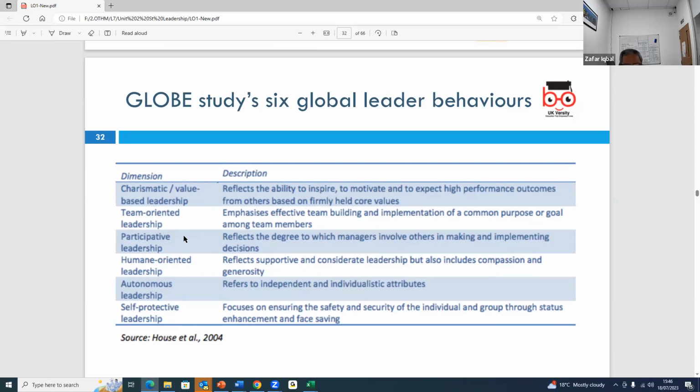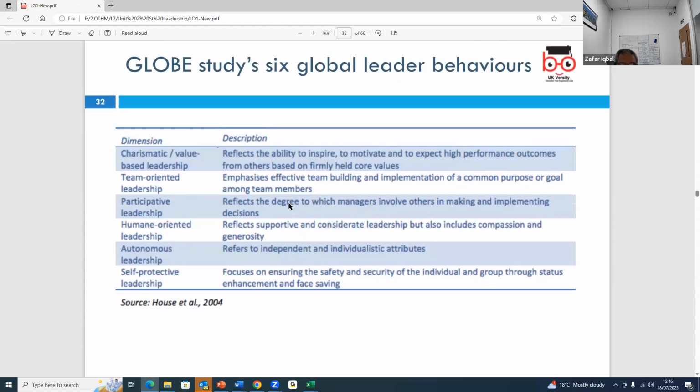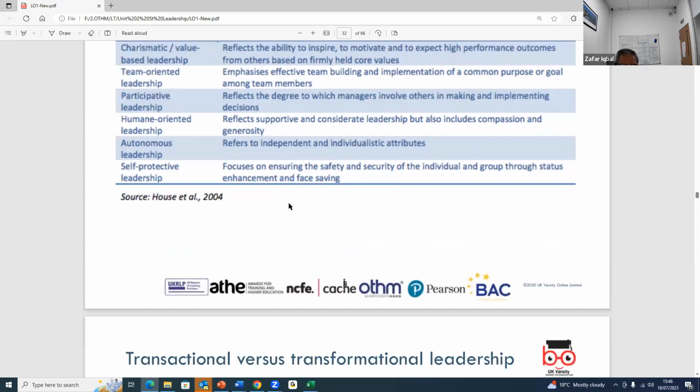So, for example, a leader should be charismatic, team-oriented, participative, autonomous, self-protective, and humane. This GLOBE research studies different characteristics of leaders. You are welcome to look at this, and it describes the behaviors that leaders should possess. It describes how they are. Okay,